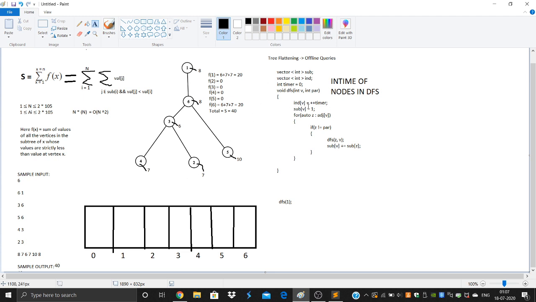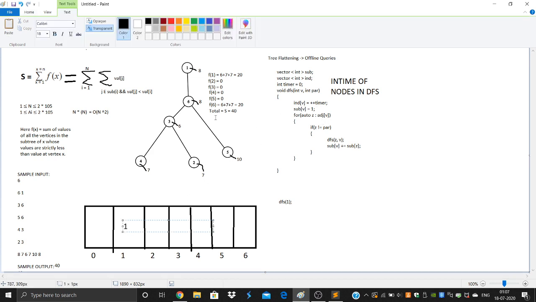So IND of 1 is 1. It's a pre-increment, and initially this global variable is 0. So IND of 1 would become 1. Then we would visit 6, that is the second visited vertex. So we store it over here.